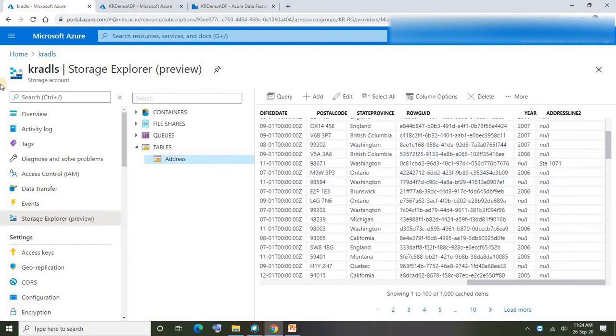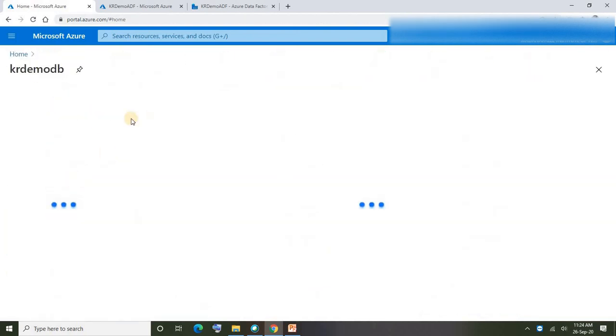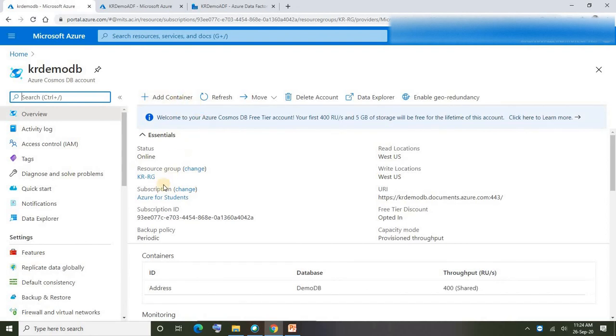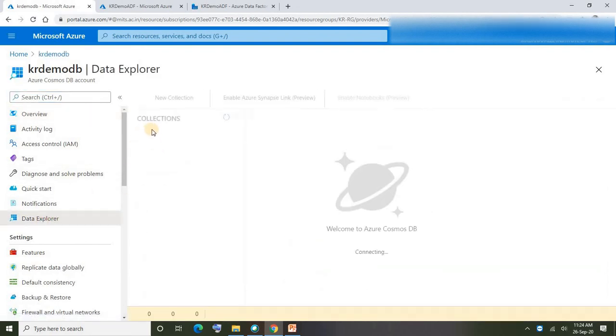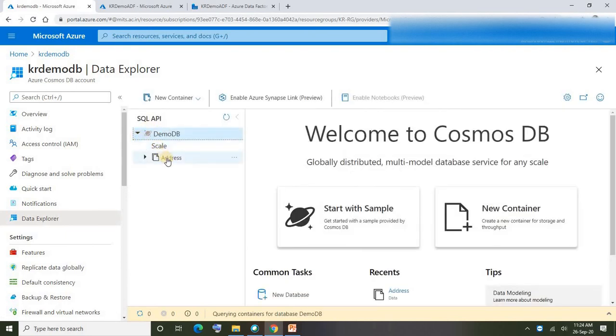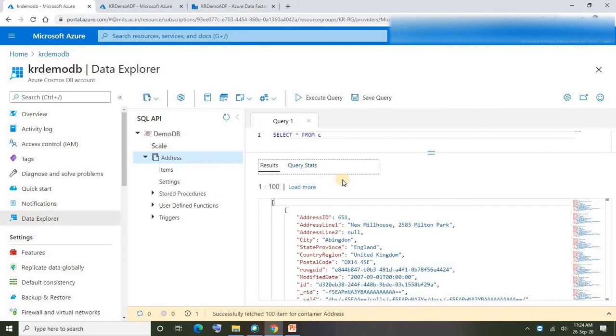Okay, so now let me take you guys into Azure Cosmos DB as well, to see whether that new column is created or not. Go to Data Explorer, Cosmos DB, and Cosmos DB database, address container, new query, execute the query, and there were existing documents also, right? So in existing documents, see here we don't have year field created.